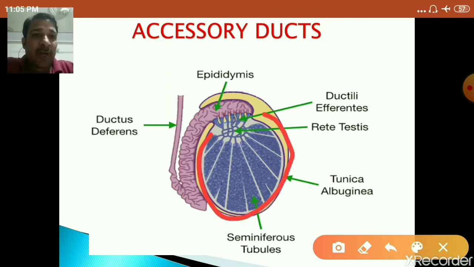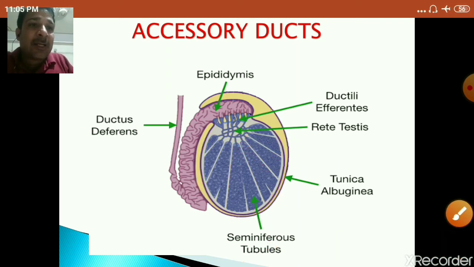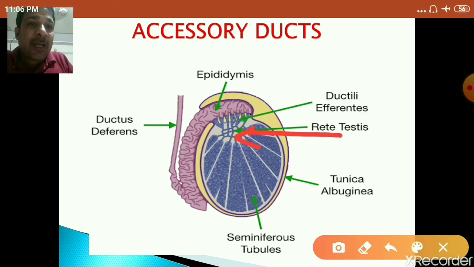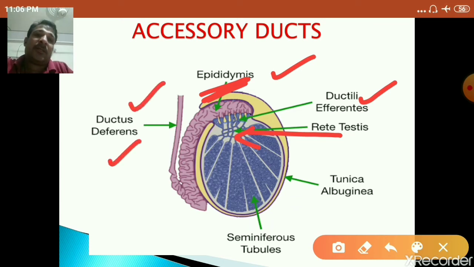You can easily find there are lobules, and every lobule has a tubular structure. You can easily find the seminiferous tubules. Seminiferous tubules open into the vasa efferentia by the rete testis. That middle structure is known as the rete testis, and the rete testis opens into the vasa efferentia, and the vasa efferentia open into the epididymis, and the epididymis opens into the vas deferens. Okay,